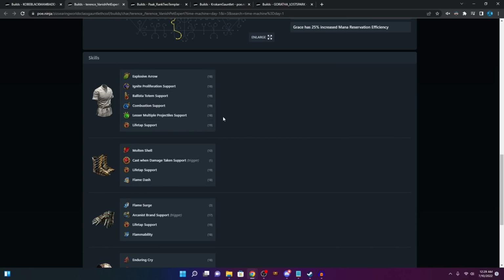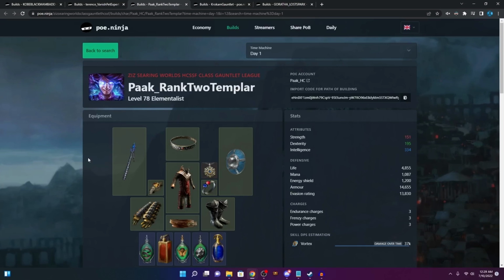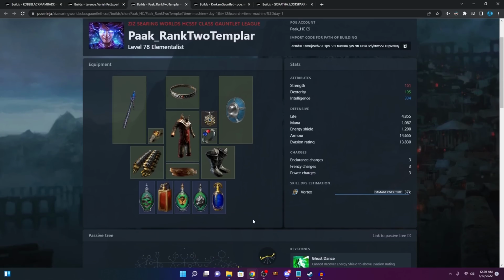I wouldn't be surprised if on single target, he's swapping the LMP out for Hypothermia support. That will always be on due to the Skitterbots, and again, it's a great way to add a bit of extra damage. Next up, we've got Paak, also known as Paak HC, who is playing a Cold DoT character on,